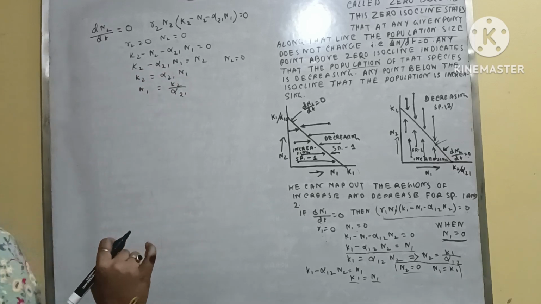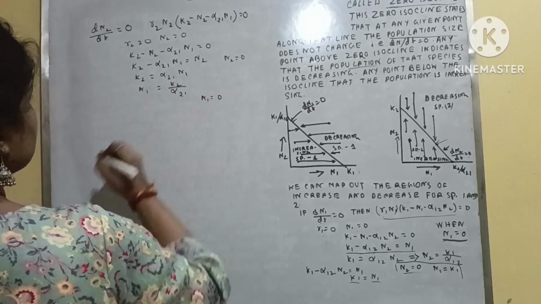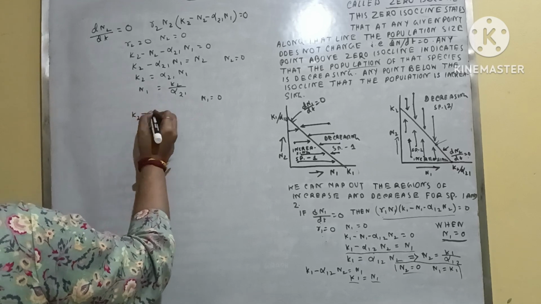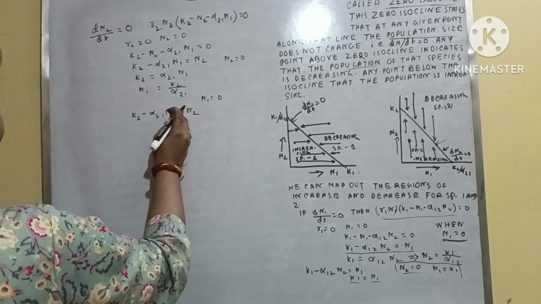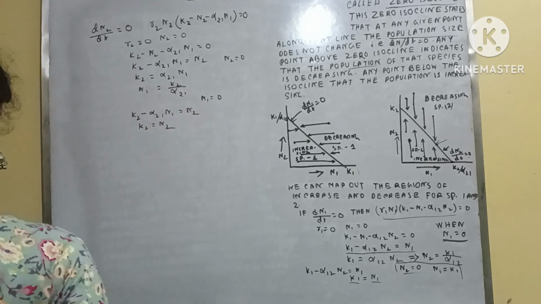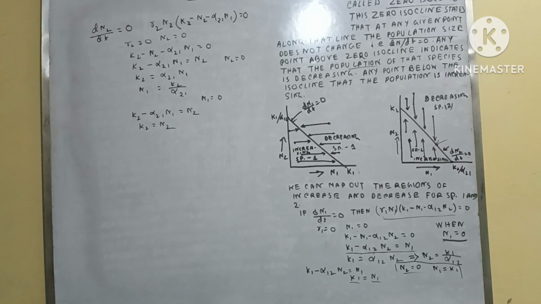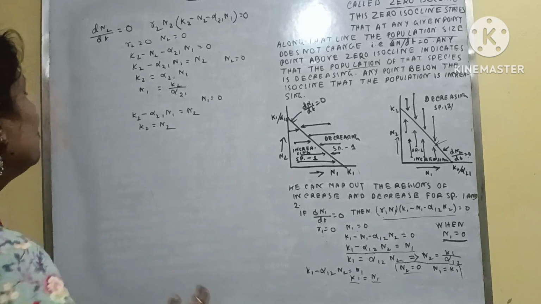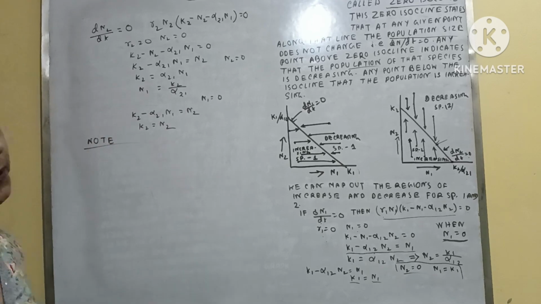Okay. Now if N1 is equal to 0, then what will happen? That means K2 minus alpha 2 1 N1 equals N2. So if N1 is equal to 0, then you can write K2 equals N2. Okay. So in such a way, by solving the equation, we can get the actual outcomes. So there is a note. What is the note? The note is that,